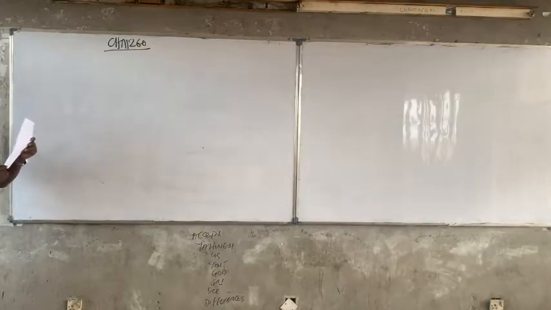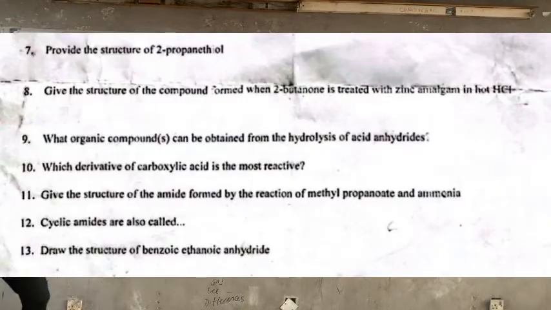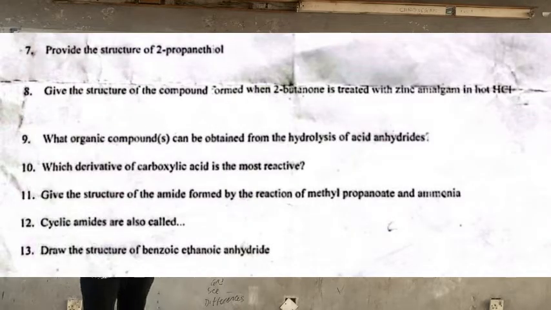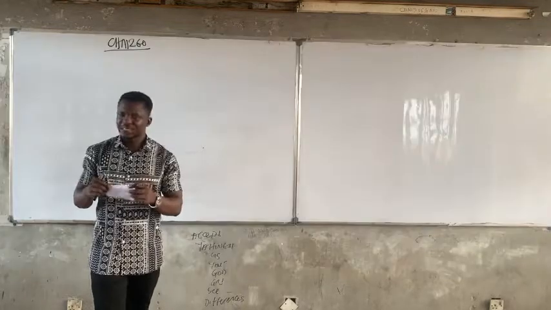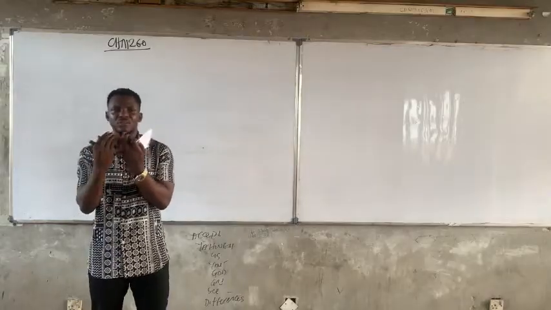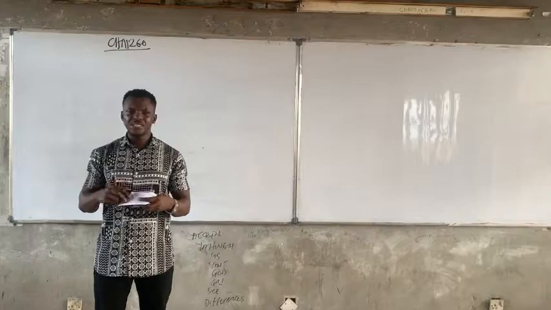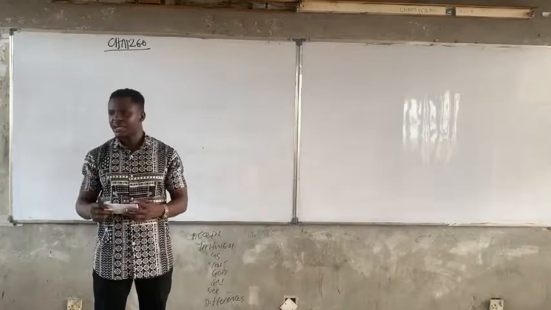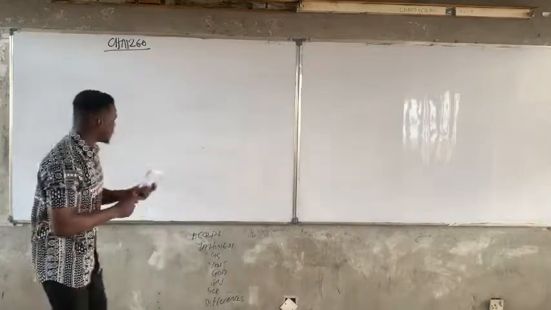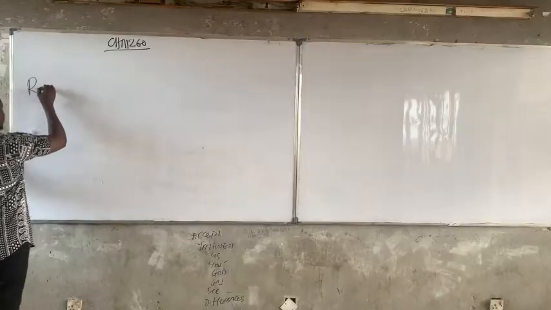Question number 9 says, what organic compound can be obtained from the hydrolysis of an acid anhydride? Now, an acid anhydride is basically 2 carboxylic acids coming together with loss of water. Hydrolysis simply means you break the acid anhydride using water. Now, the formula for an acid anhydride is